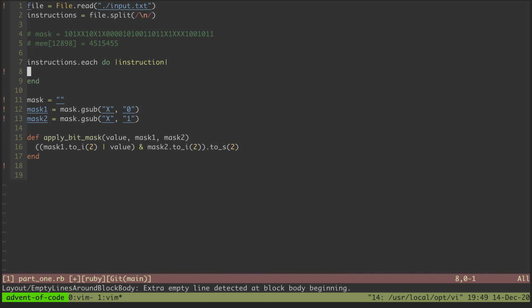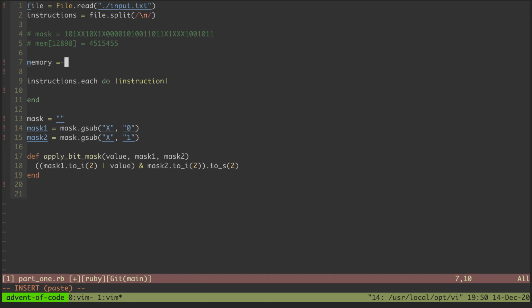oops, we'll have to identify whether it's setting the mask or setting some memory value. And speaking of memory values, we're going to want to keep track of a bunch of values in memory. I'll use a hash because I'm thinking we can just set arbitrary integer keys, and then if we ever have the same integer come up more than once, then it'll be trivial to replace it in a hash because of the keys. Paste. And so let's see if I guess if